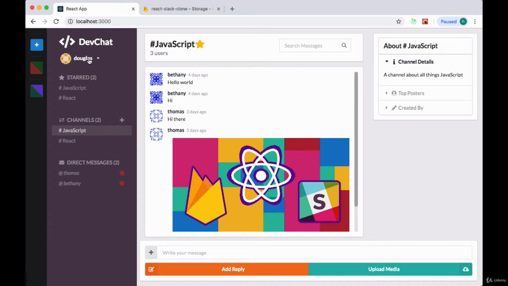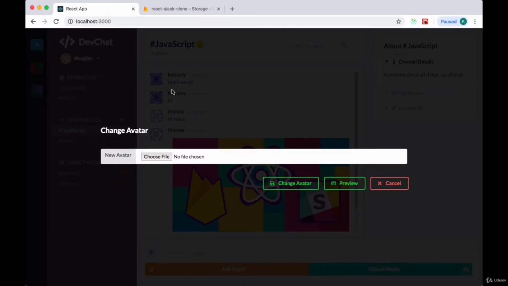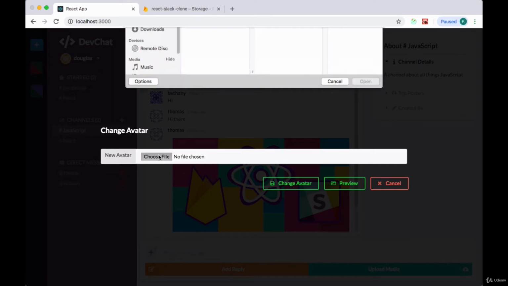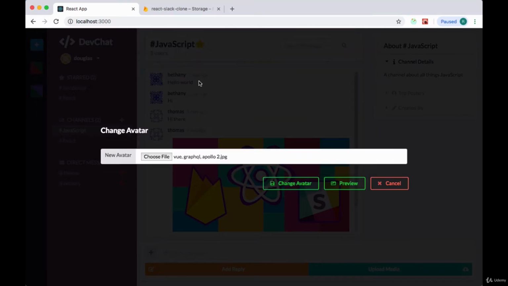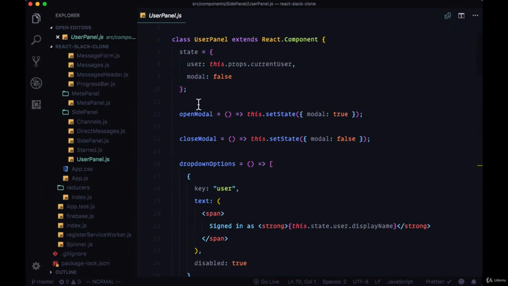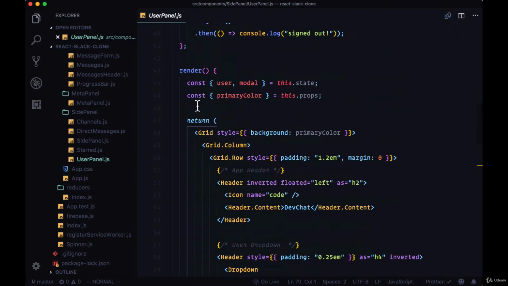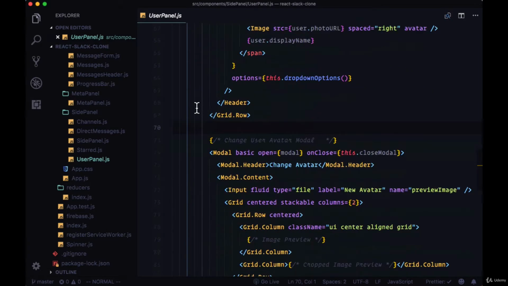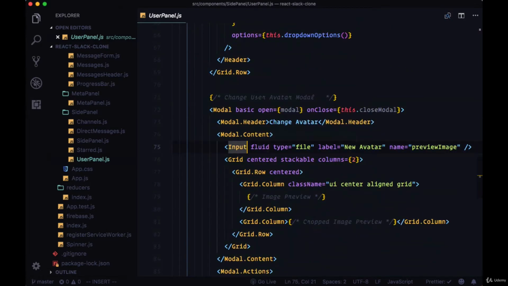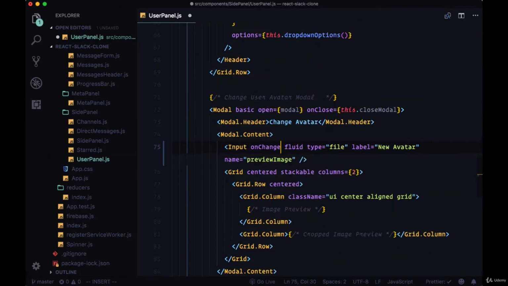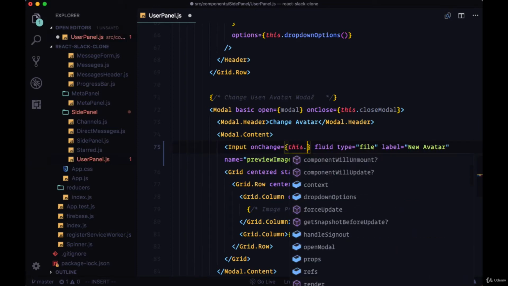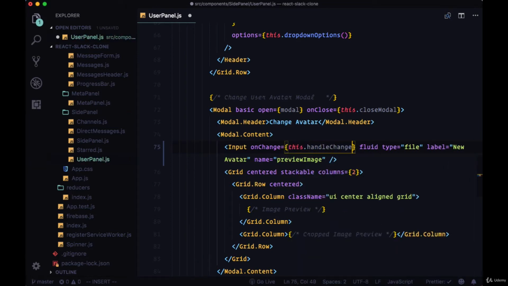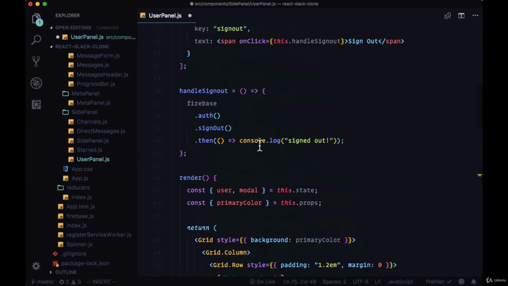Next, we want to be able to click on our Change Avatar option, choose a file, and have a preview displayed underneath the file input in order for us to crop. So back in User Panel, on the input we'll add an onChange to put the file that we select within state. It'll reference a handle change function,